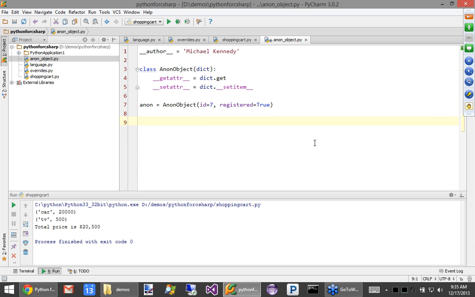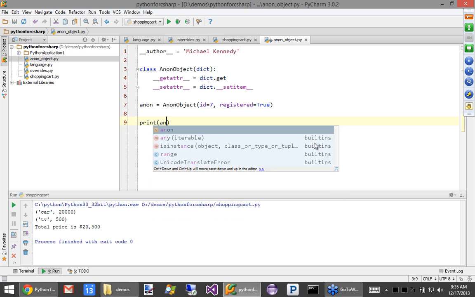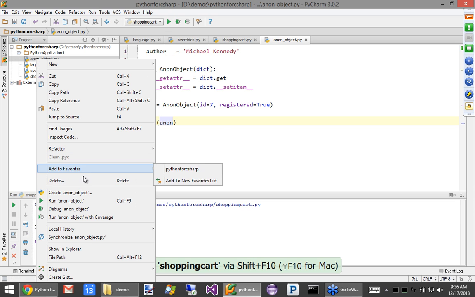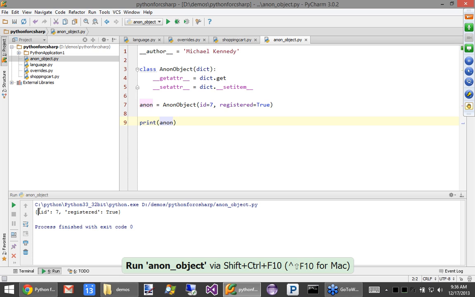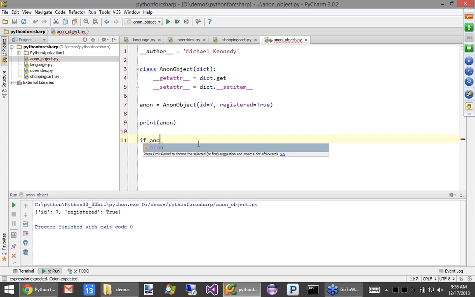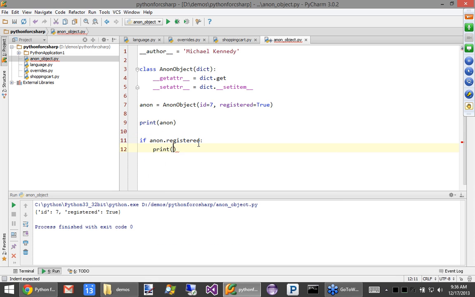So what we had in C# is, I showed you if you had an anonymous type, I could print it out. I could say print o or whatever, and it showed you basically that representation. If I were to run this one, look at this, almost exactly the same. id 7 registered is True. And I even wrote this code. I said if anon.registered print they are registered.